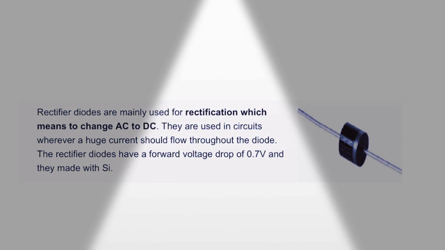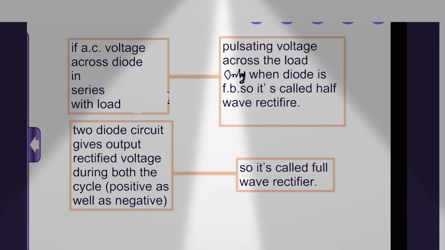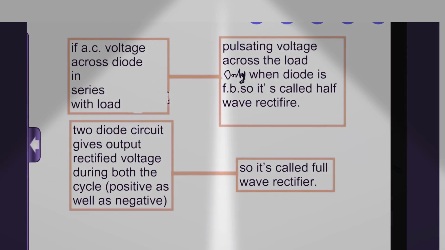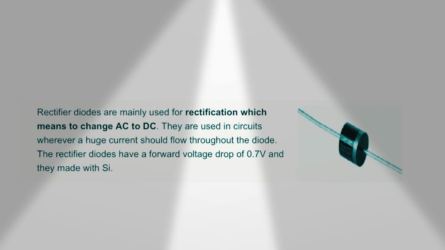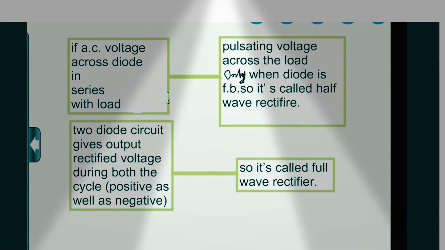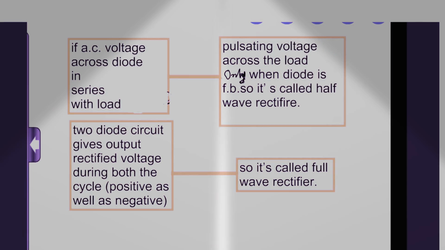So now moving towards application of diode as a rectifier. Diode as a rectifier is used wherever huge current should flow through the diode, and it has voltage drop of 0.7 volt, and they are made with Si. AC voltage is connected across the diode in series with load. What will happen? We get pulsating voltage across the load only when diode is forward biased, so it is called